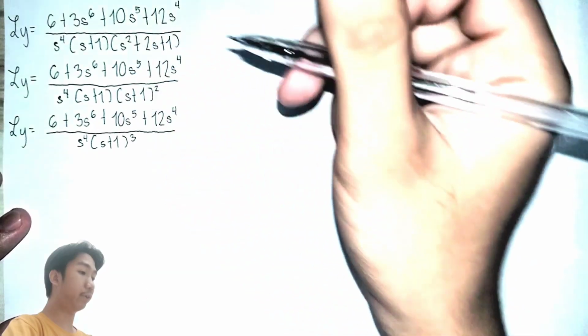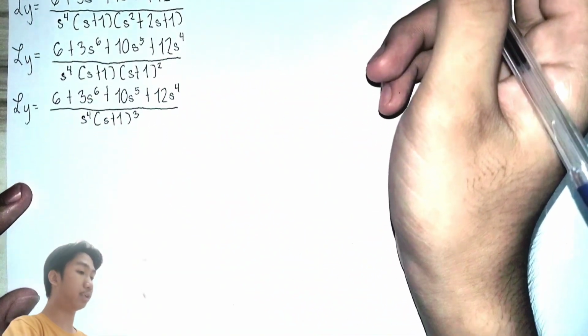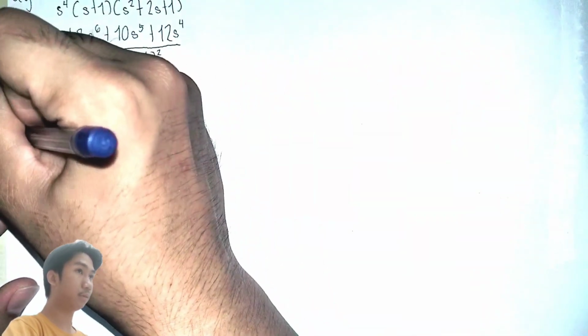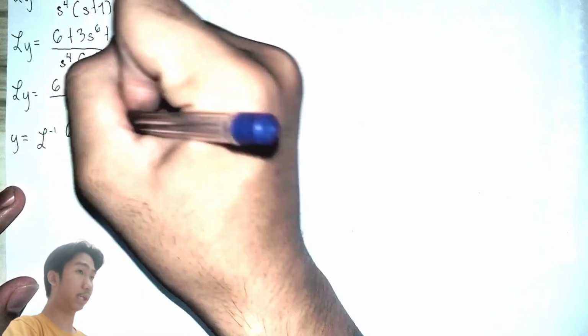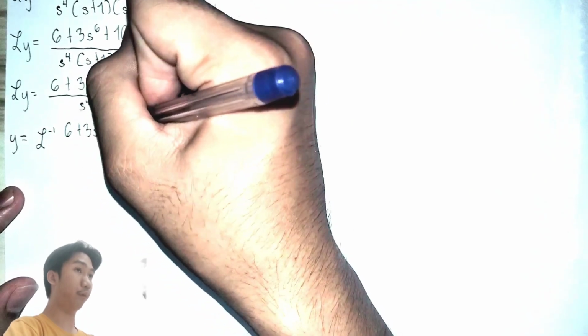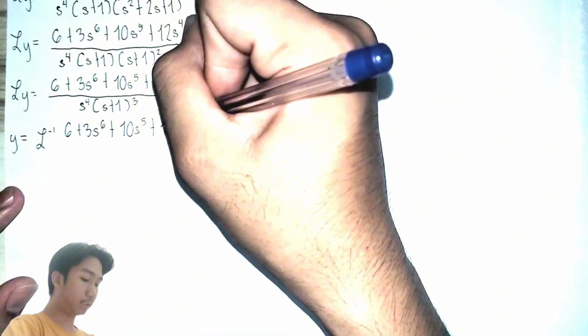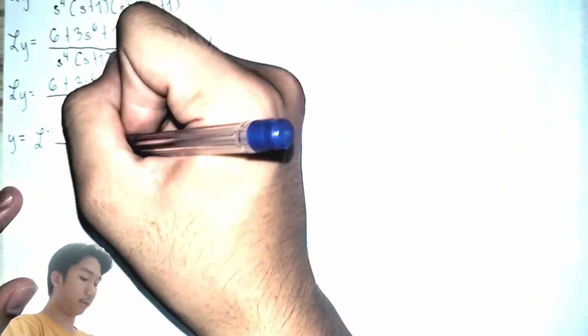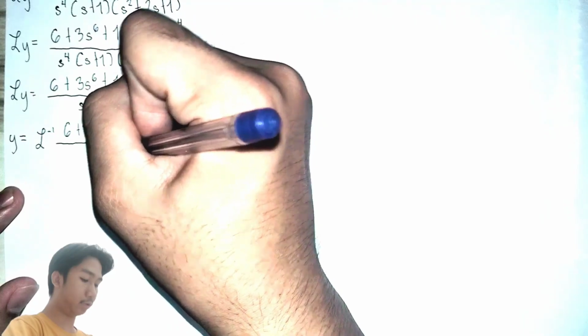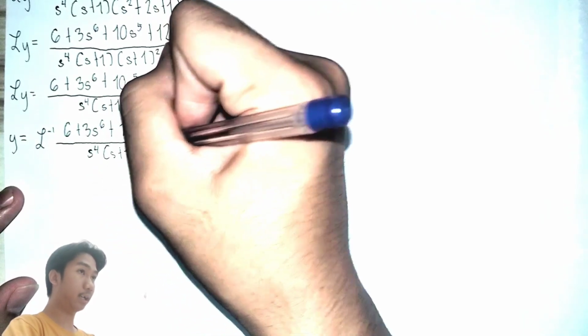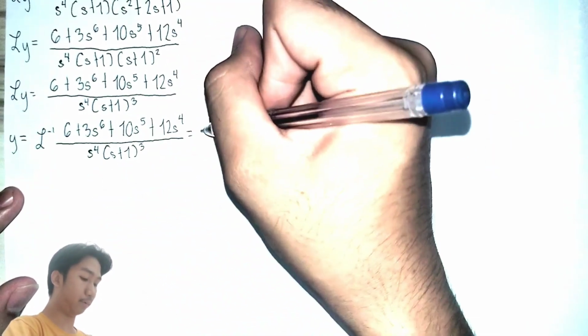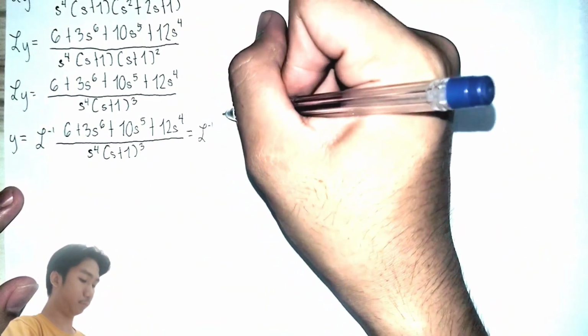So we break the equation by applying partial fraction decomposition. First, we transpose the Laplace to the other side. That would be y is equal to the inverse Laplace of 6 plus 3s raised to 6 plus 10s raised to 5 plus 12s raised to 4 all over s raised to 4 multiplied to (s plus 1) cubed,